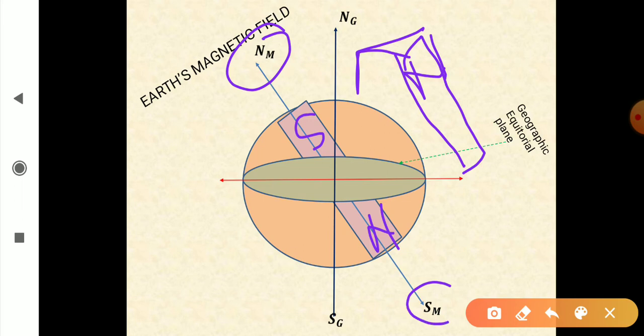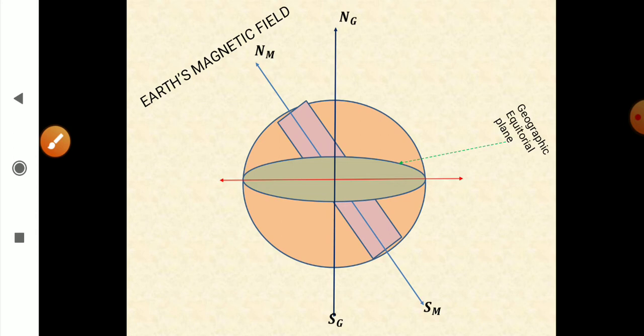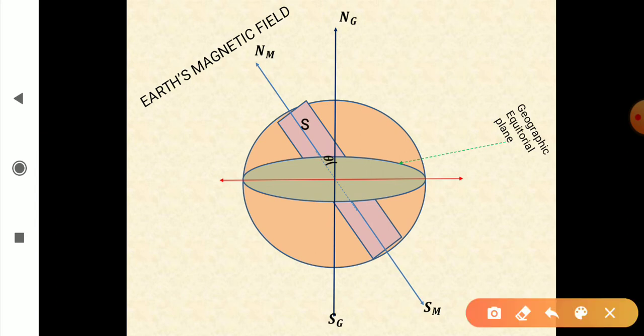towards magnetic south. We imagine that this north is attracted to this south pole and this south pole is attracted to this north pole. See, in reality, it is not possible to have a magnet inside the Earth, but it is just a simplistic picture to understand the Earth's magnetic field. So now the angle between this magnetic axis and geographic axis is theta,